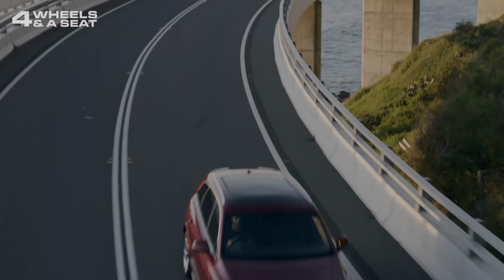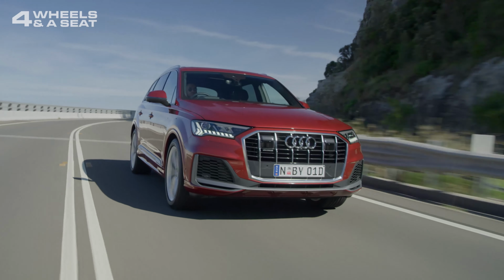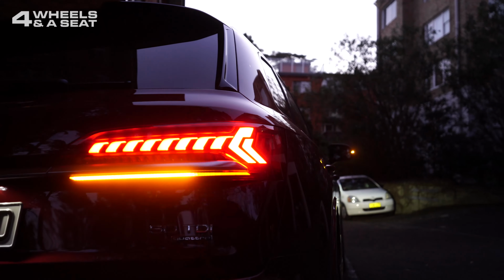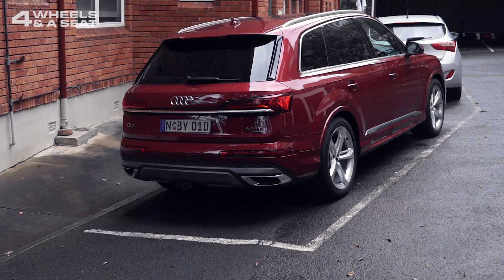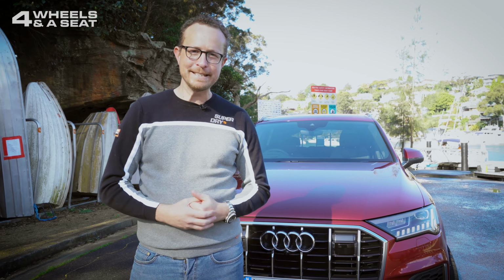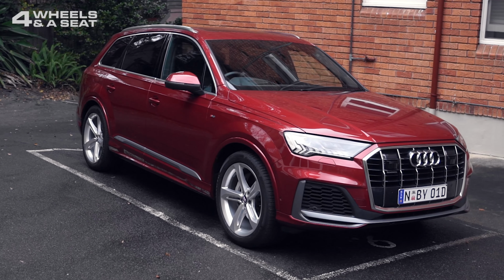The 2020 Q7 is a refresh and not a new model. On the outside there's a new grille, redesigned headlights with sequential indicators, and the rear has picked up new lights and a nice chrome strip joining them together. Is it a turn-back car, a car so good looking that you have to turn back and look at it after you've parked it? You'd probably mostly be turning back to look to make sure you'd parked it correctly